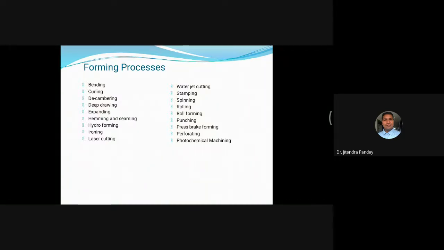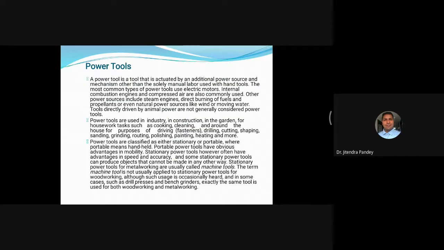बाद फॉर्मिंग प्रोसेस में, जो शीट मेटल होता है, it is for making sheet metal. A forming process is required, that is bending, curling, dechamfering, deep drawing, expanding, and so many things are there. Because we have very limited time now, I have to go on. Then